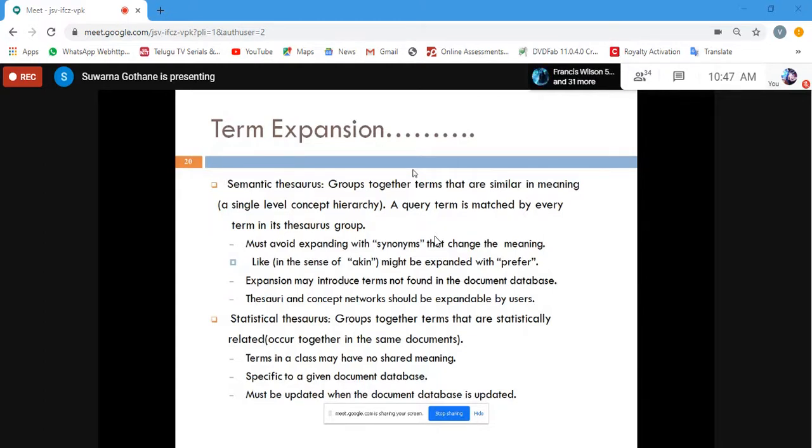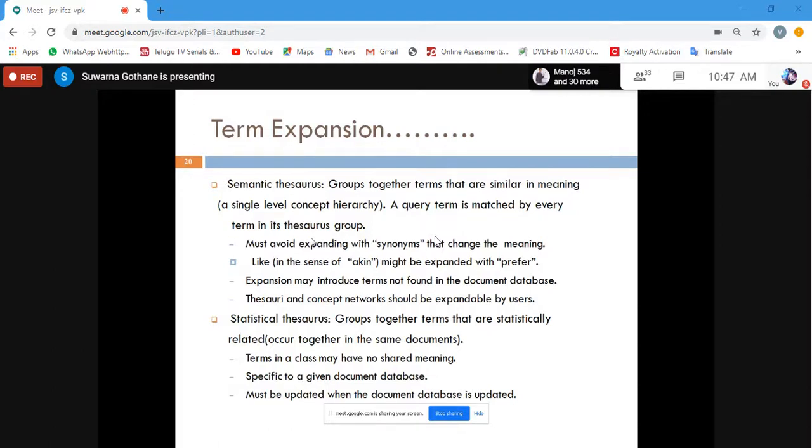There are some words which associate with each other, but statistical means it does not have the same meaning. Suppose we talk about a pleasant morning. Pleasant is one word, morning is another word, but we can associate these two words, since most of the time these combinations are used to describe the morning, that the morning is pleasant.